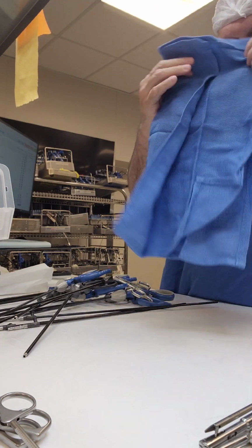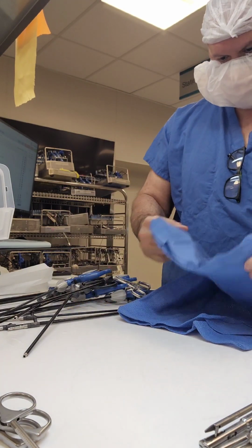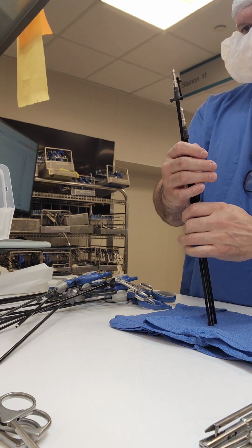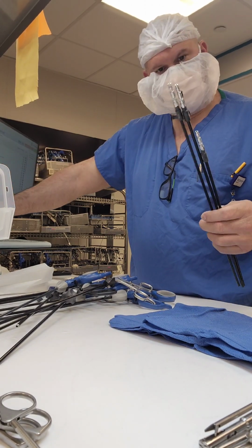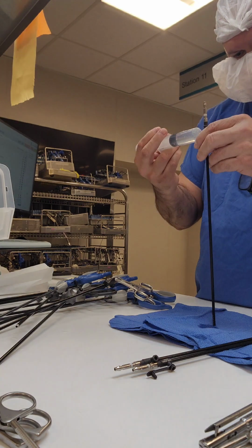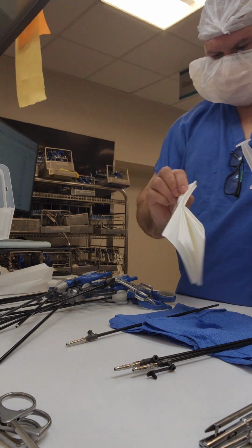I don't know why I grabbed this towel. I never use a blue towel to check for cleanliness. I saw it there and I just grabbed it. That wasn't good, because I'm not going to use a borescope to inspect these instruments, because our borescope was down, unfortunately. I would normally use a borescope to check my cannulated instruments. I'm using sterile water to flush, and I'm looking, and I'm not going to be able to